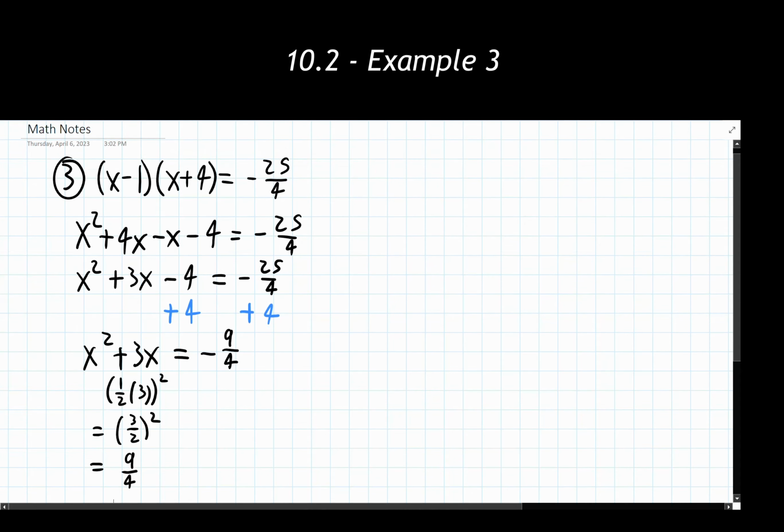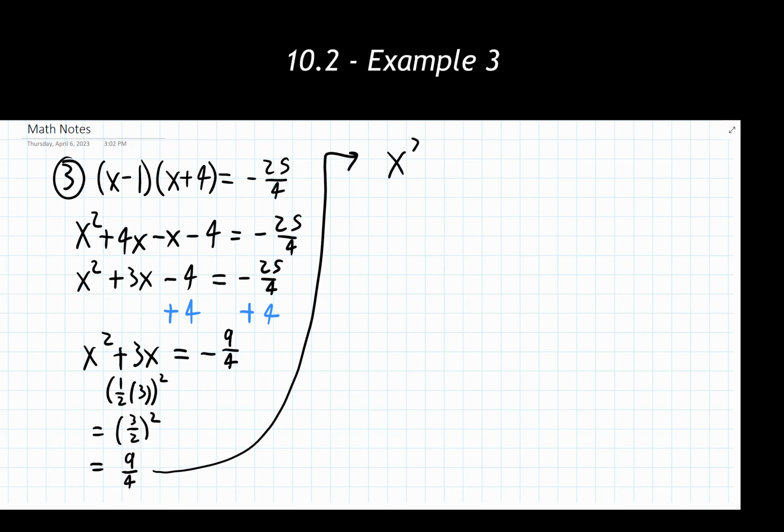So zoom this out here, actually move it up. So now, after we've done that, remember we need to add that number that we found, squaring it. We are adding that to both sides of this equation. So that's going to mean I'm going to have plus 9 over 4 on the left side. Let's make that a better 4. There we go. Equals, and I'm having a negative 9 over 4 plus 9 over 4 on the right side.